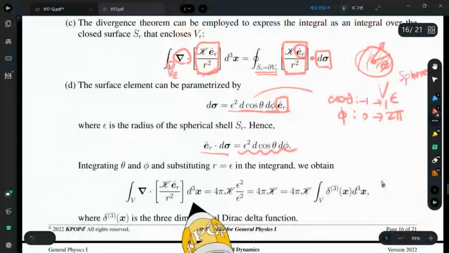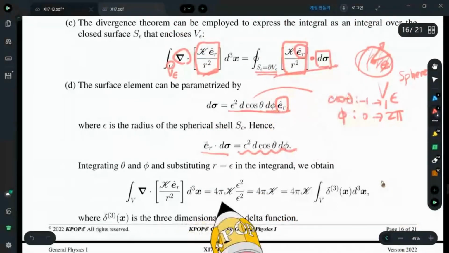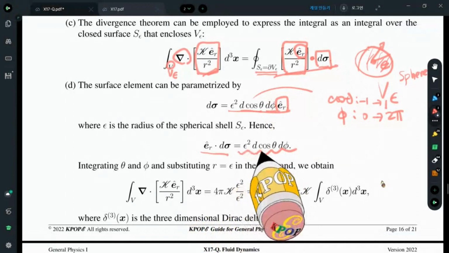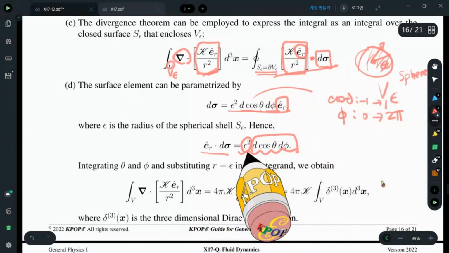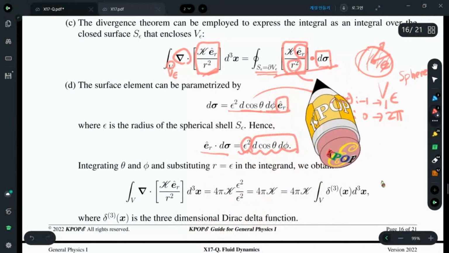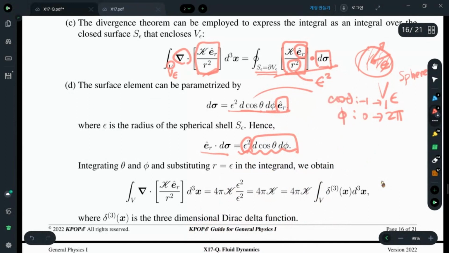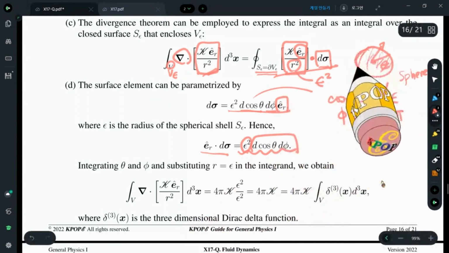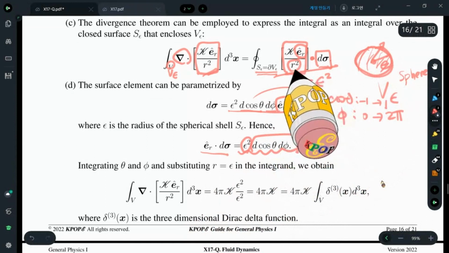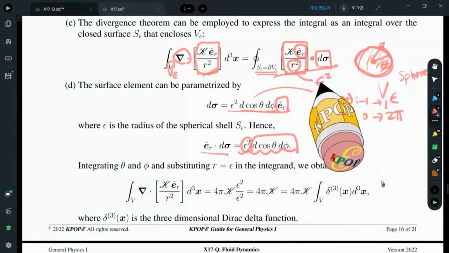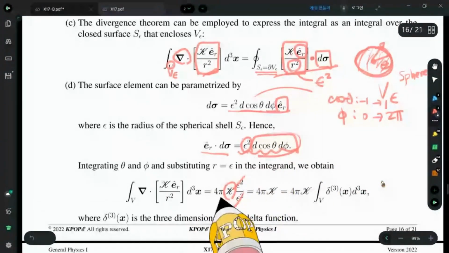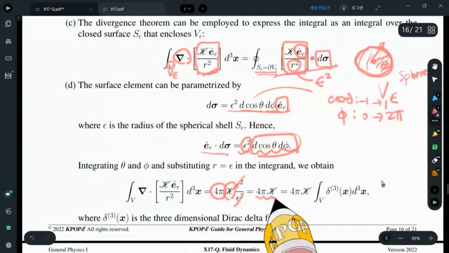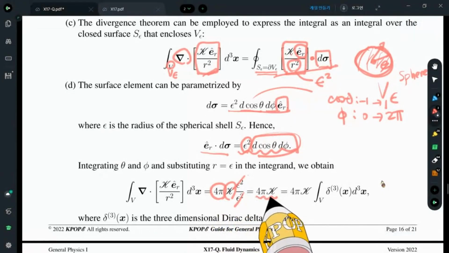Now we substitute this one is this, and here what we find, this is the angular integral, and this one is also epsilon squared, because on the surface, this radius r is exactly the same as epsilon. So epsilon cancels, k is copied, and this angular integral is a solid angle, 4 pi. Then finally, I end up with 4 pi k